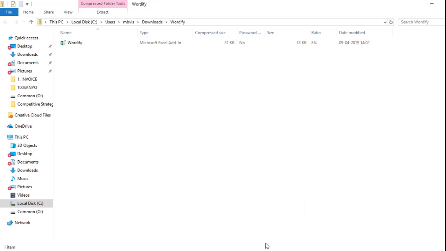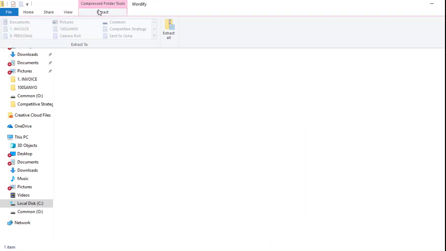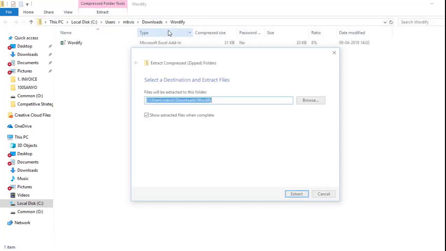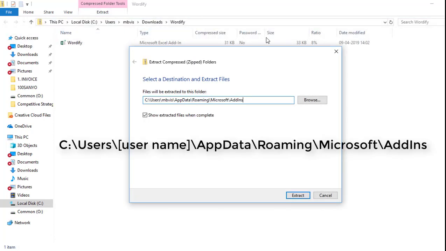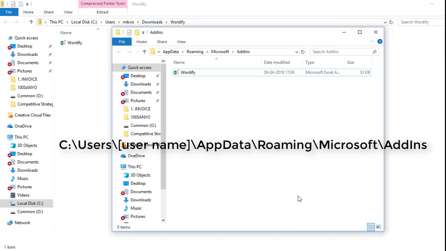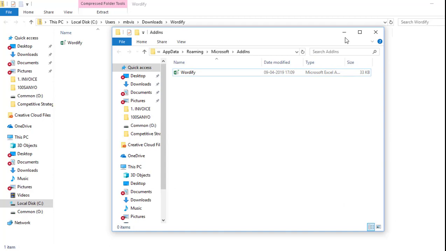This is a compressed file, so you will have to extract it. You can again extract this to any folder, but the preferable folder would be the default add-ins folder. I'll go and save it there. And now you can see the add-in in our list. Once this is done,